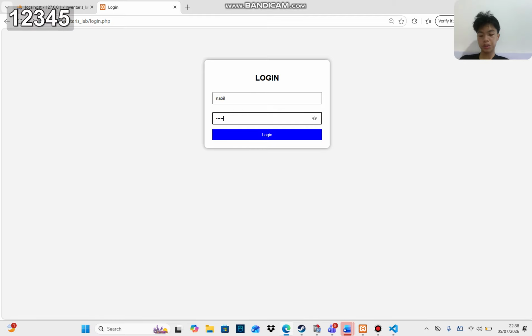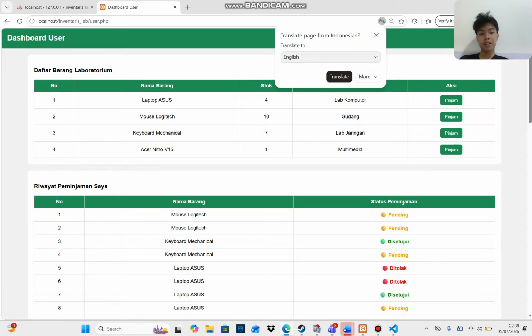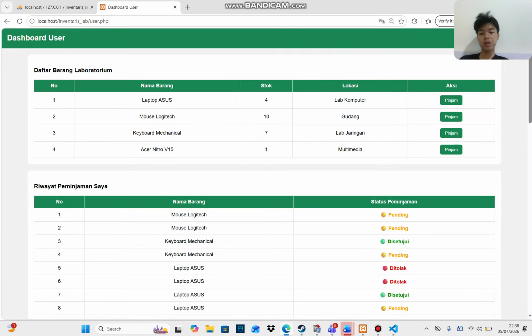Login and password. In the users dashboard, we can only borrow and check the borrowing status. For example, maybe I will borrow the Logitech mouse from the warehouse. I will press borrow. Now the Logitech mouse is pending.